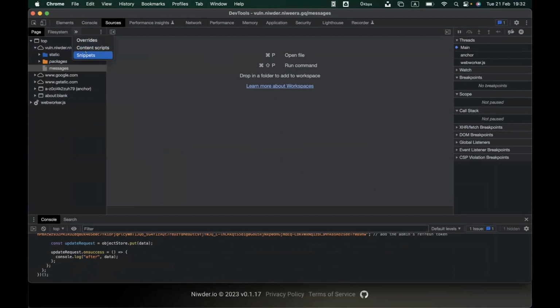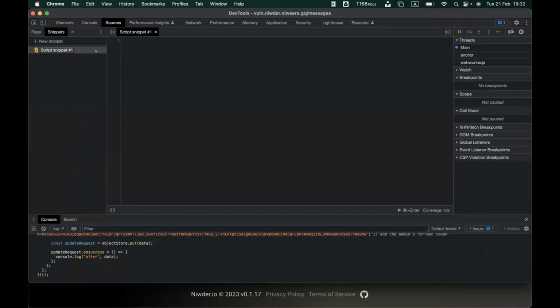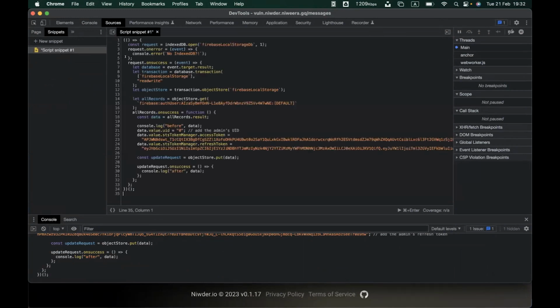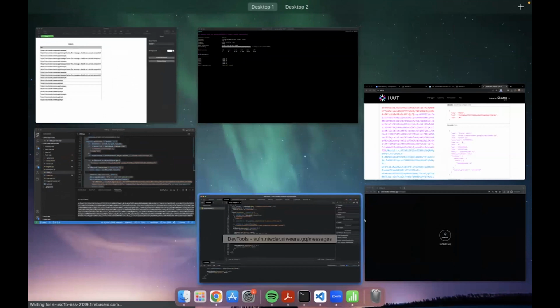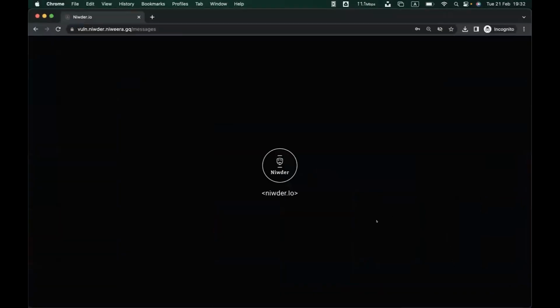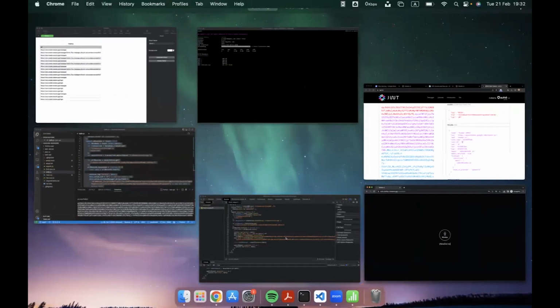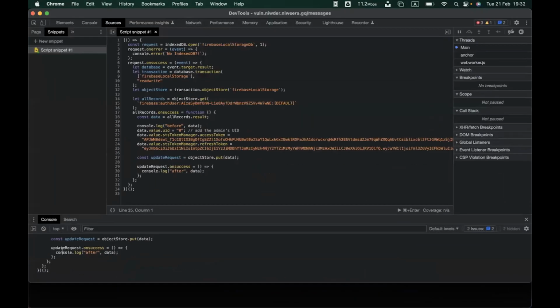I will use a snippet here. Under the hood, the system is accessing the admin and trying to change it. Let's see what happens.